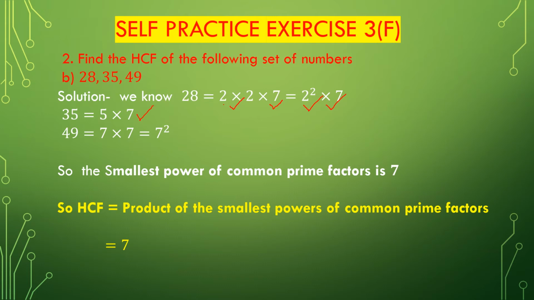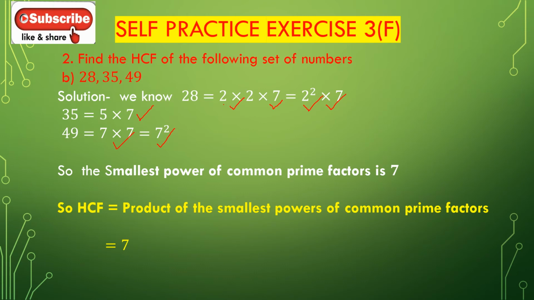So prime factorization of 35 is 5 multiplied with 7. And prime factorization of 49 is 7 multiplied with 7. So 7 multiplied 2 times, so prime factorization of 49 is 7 to the power 2. This is the exponential form of 7 multiplied with 7, 7 multiplied 2 times. So this can be represented in exponential form as 7 to the power 2. And this is the prime factorization of 49.